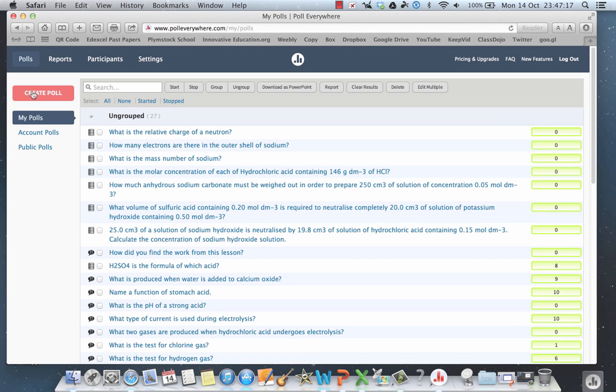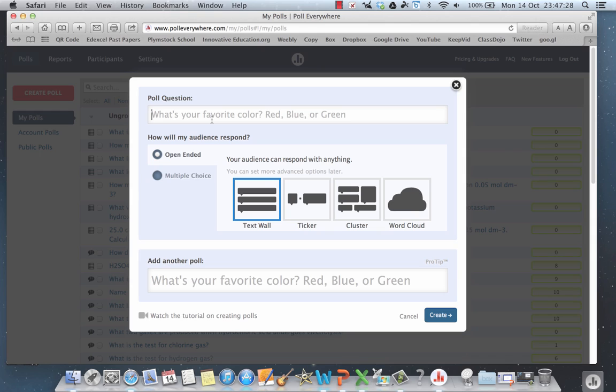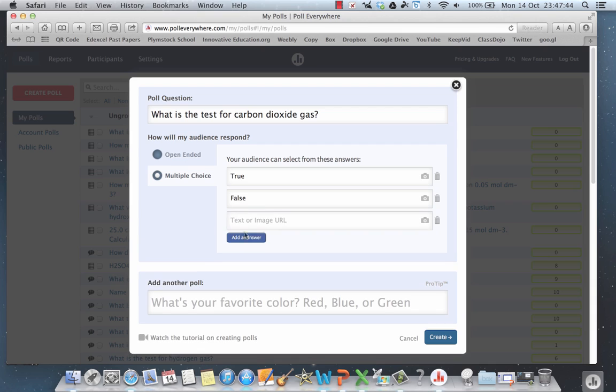So you click on Create Poll and then type in your question. At the moment I'm looking at chemistry, my 10, so we're looking at gases. So my question is going to be, what is the test for carbon dioxide gas? And then the answers, they can either be multiple choice, where you can have as many as you